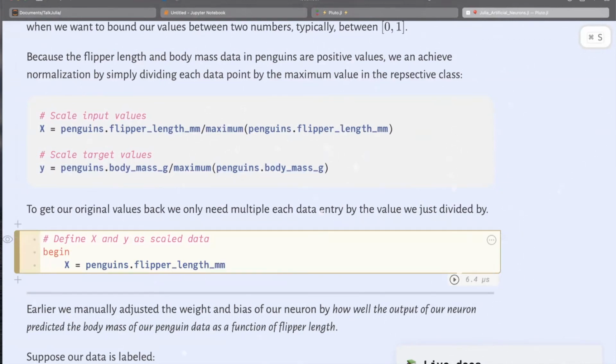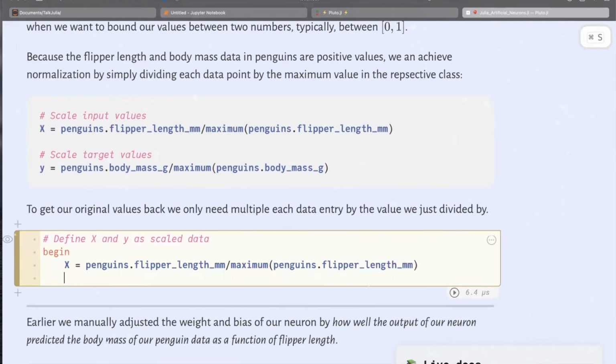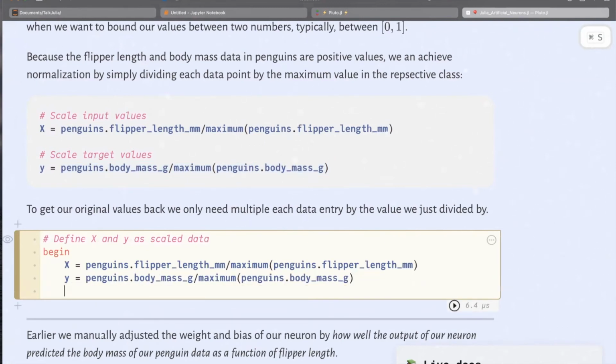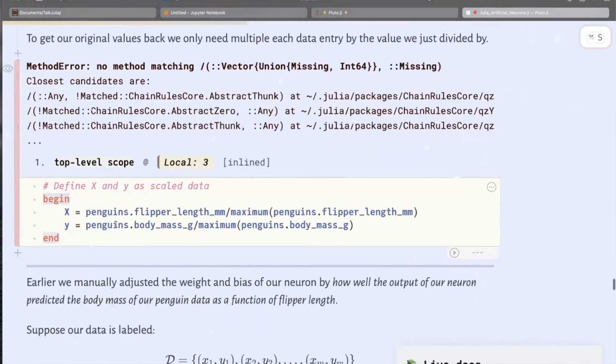So that's my flipper length column divided by maximum of penguins dot flipper length, like that. And then for Y, just to save time, I'm just going to go ahead and copy this code here. Same concept. And then end out that code block, shift enter. And now I have scaled